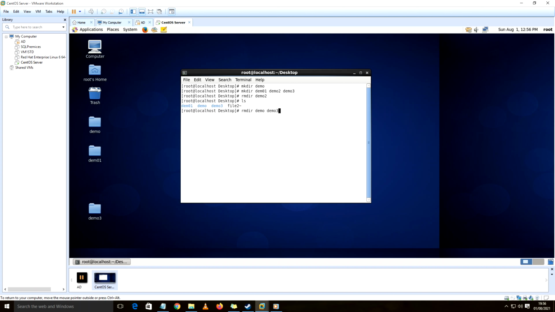I need to give a space between the names of the two directories and press enter. Once I press enter, you will find with the help of the ls command that only one directory is left, that is demo1. So with this we have understood how to create a directory as well as how to remove a directory.